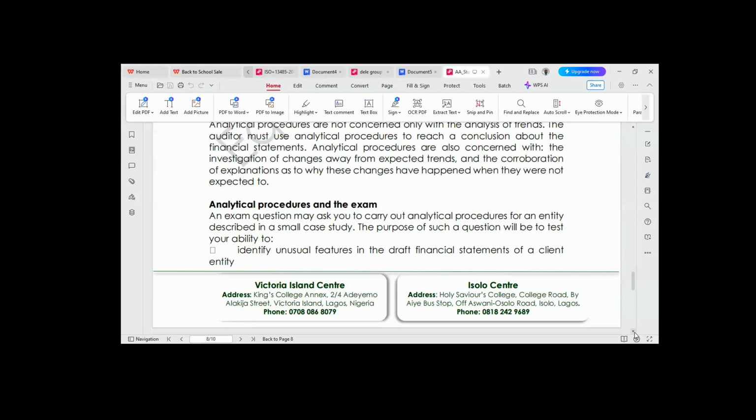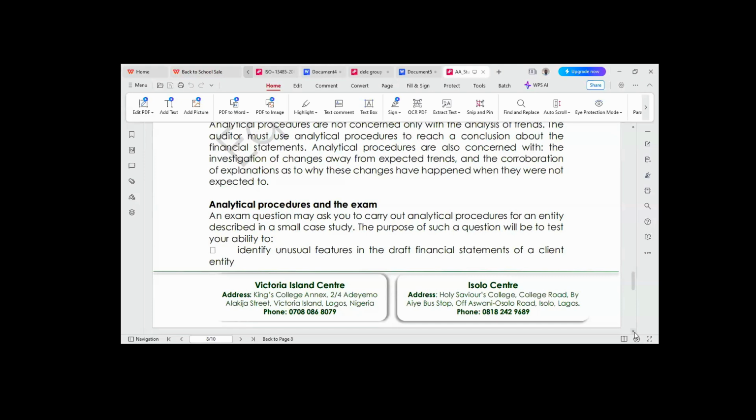So when you have a question that relates to analytical review procedures, I know that we said that there's no calculation in audit, but if you have a question, for instance, in audit and assurance, they present you financial statements. Sometimes the requirement will be asking questions relating to analytical review procedures. What they expect you to do is to compute ratios. Compute necessary